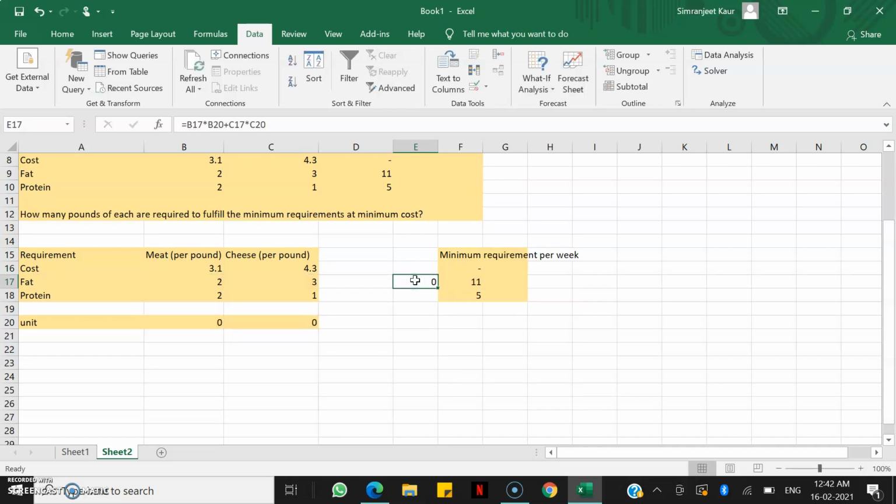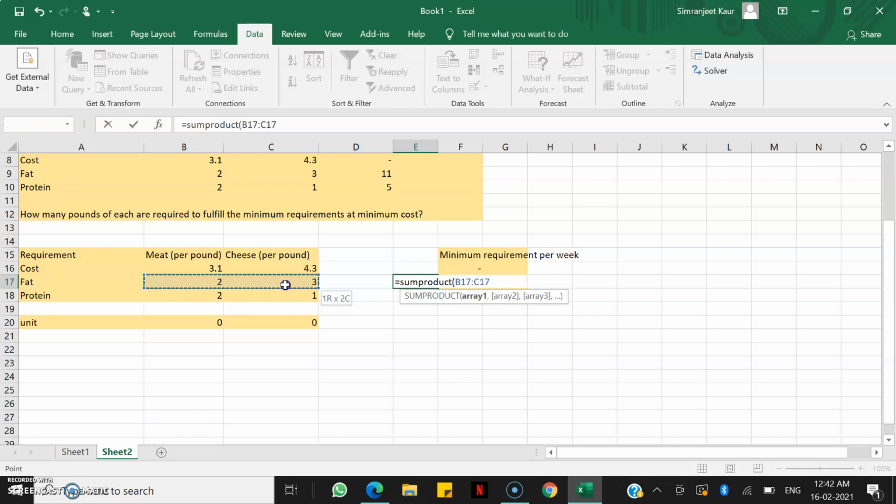Now the same thing I can do easily with the sum product formula. So let me delete it and use sum product. Now I just have to mention the arrays. The first array is that of fat. I'll press comma. Then I'll select the other array, which is for units.